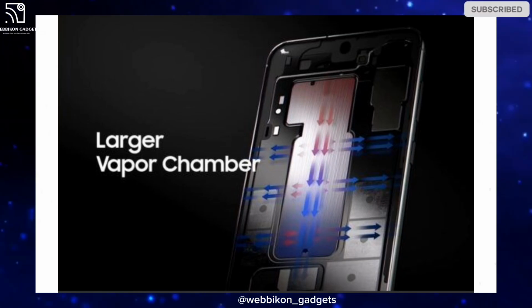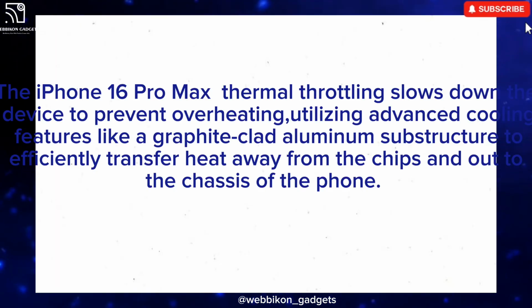In fact, this is exactly what Apple did on the iPhone 16 Pro Max, which makes the iPhone 16 Pro Max better in terms of thermal throttling. When it comes to thermal throttling on the 16 Pro Max, the system has a thermal throttling that helps to cool down the phone or slows it down in a way that doesn't affect gameplay and also doesn't heat up the phone's